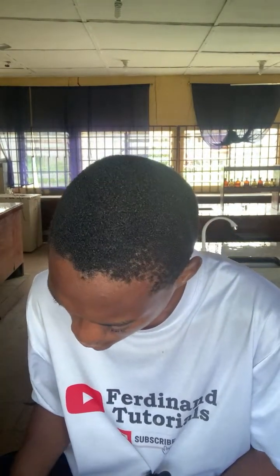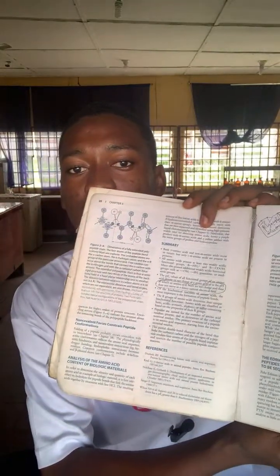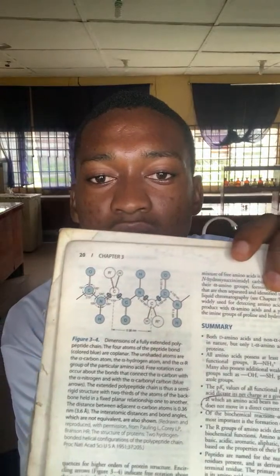So this chapter 4, I didn't see where it started. My chapter 3 stopped at page 20. So chapter 4, I didn't see where it started, but this is page 25 on my phase here. Let me show you. This is page 25. This is page 20. You can see it back. So I can't see the chapter 4 here. It's like it's torn out. So I want to continue with that page 25 since the chapter 4 is not here. This is chapter 4 too, but I'm talking about where it started.